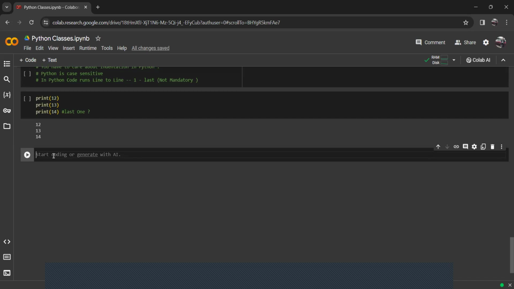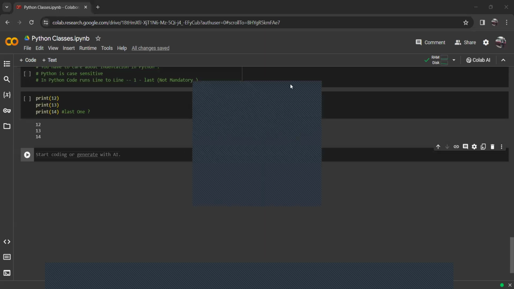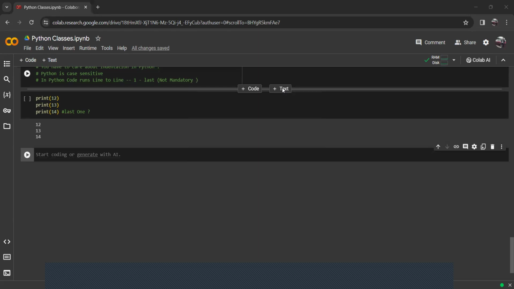See, a data structure is like a container. It organizes and groups data of the same type or different data types. So basically a data structure is a type of container that holds data of the same type or different types. Now, it basically depends upon mutability. So what is mutability? For example,